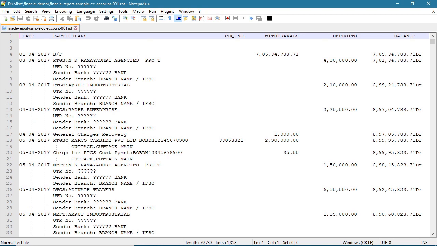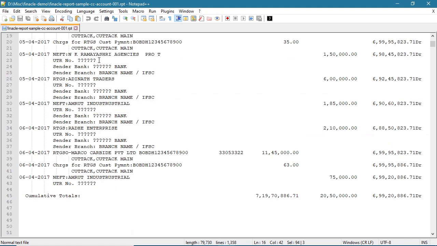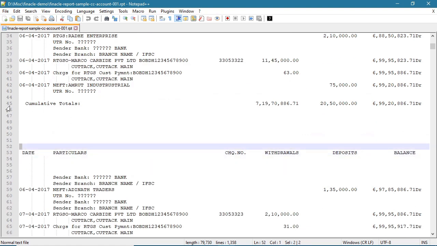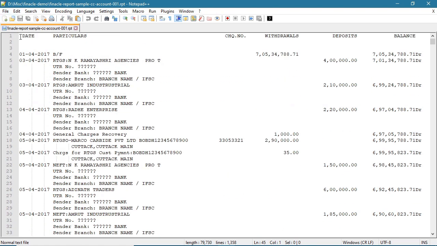Let us sanitize our data. I want to filter out all the rows which start with date. These are basically our transaction rows. We are not interested in the other information rows or the page headers or page footers. So we will be sanitizing this data using a technique called regular expression, which is called pattern based extraction. Let me show you.